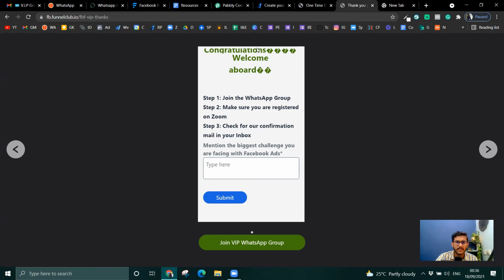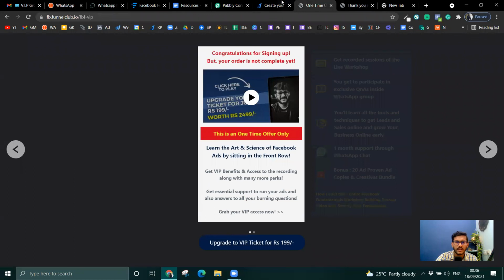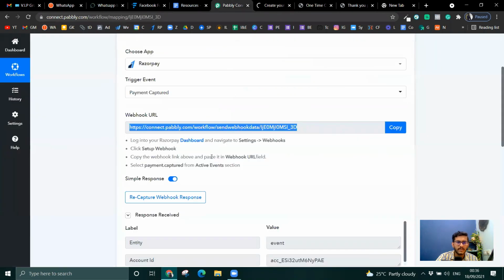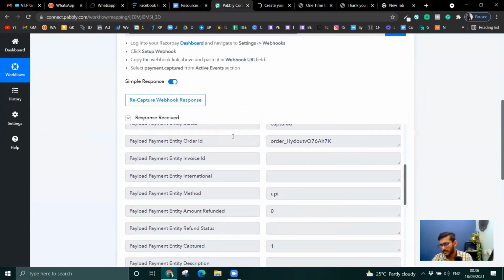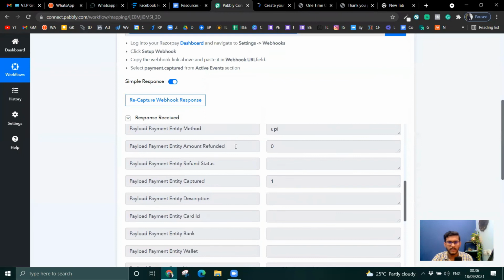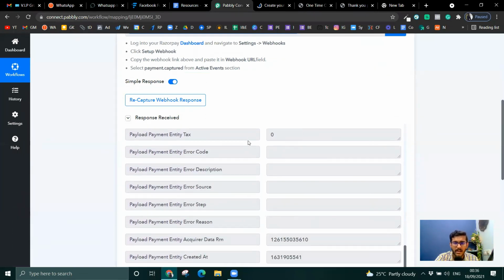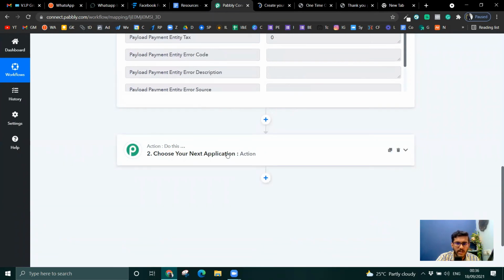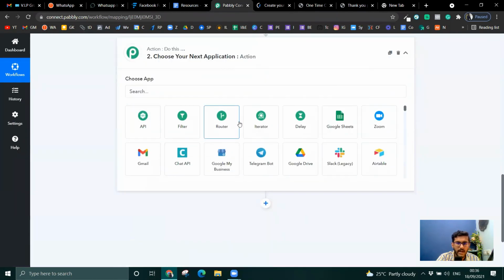Oh, okay, there was some issue with the congratulations page. It's not loading properly, so you have to go and fix it later. So I'll just make it live mode. Meanwhile, hope Pabli has connected. Cool, Pabli got connected and it took my 200 rupees. It will anyway put it back. I'll refund it later.